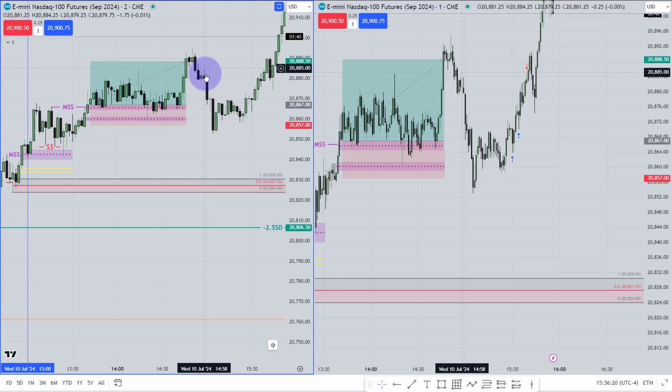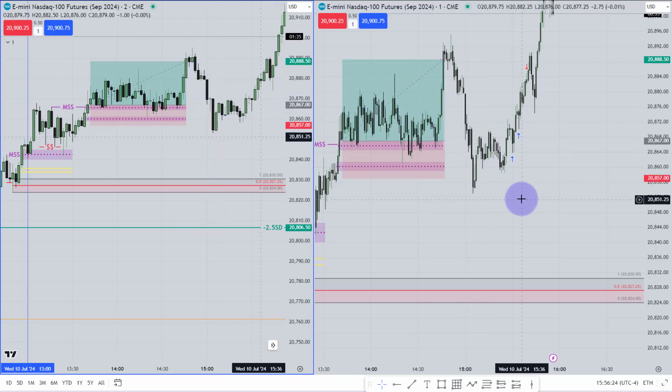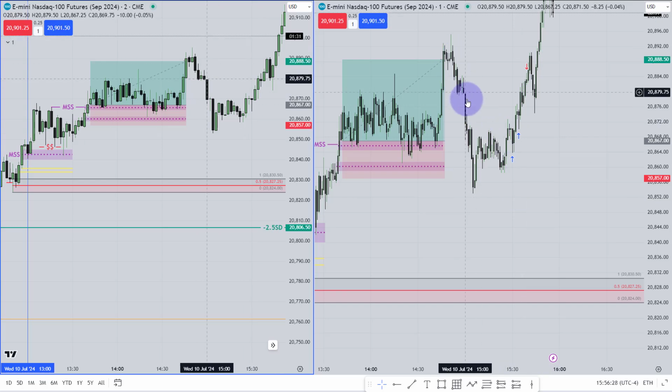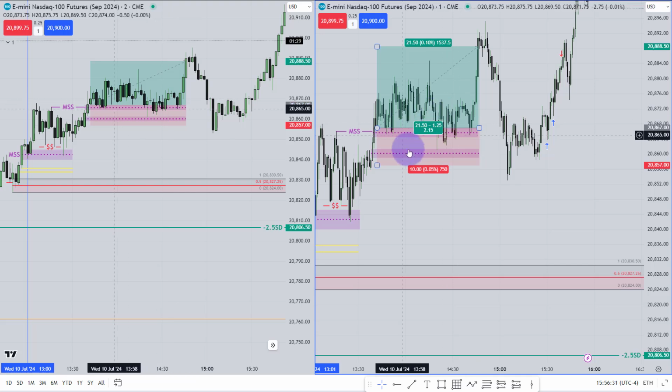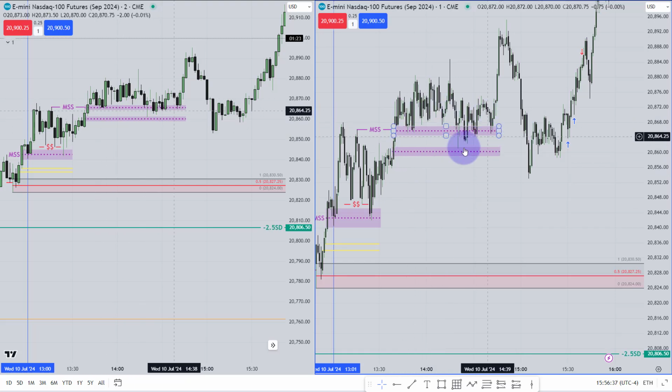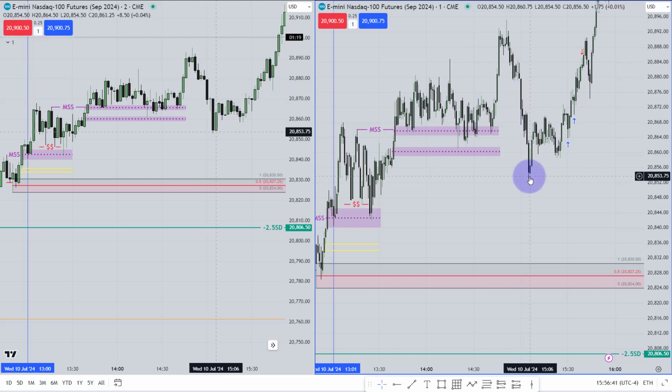If you see, when it was falling, some of you start to think that the market is now going to reverse. No, brother, why are you thinking like that? Today's trend is your friend. So whenever the market is going lower, you will start to look for liquidity. I'm going to remove this one. Did it take any liquidity around that area? All of this accumulation, look at this accumulation. Everything has been taken over there. Every single thing has been taken over there.